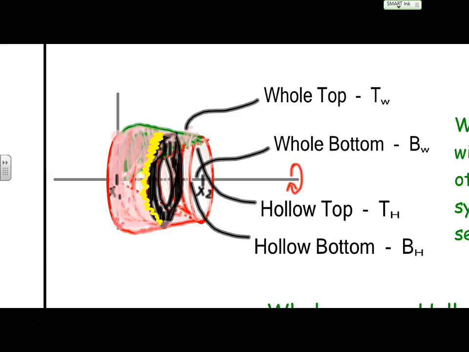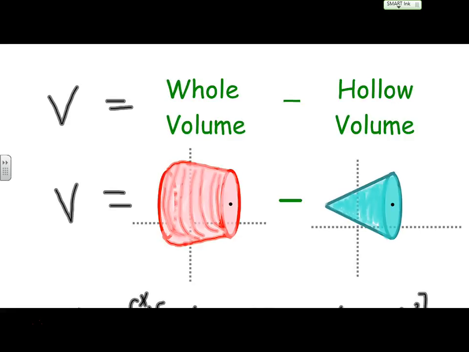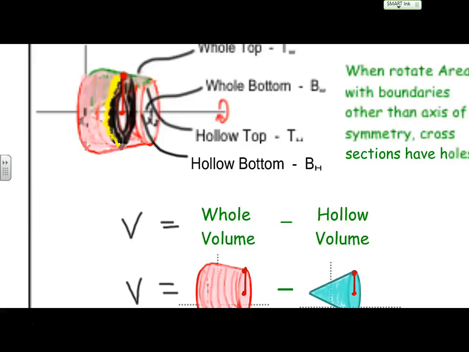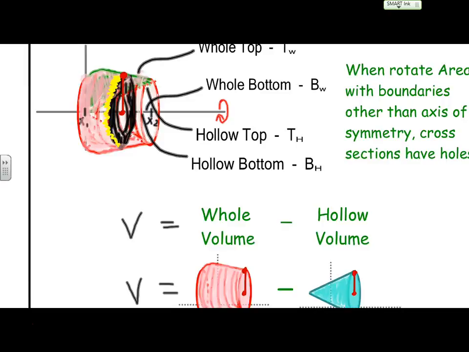So here's the dealio. What we've got to do is say, what is the radius of the whole thing, aka down below? What would be the radius for the bigger shape? And what would be the radius for the smaller or the hollow? There are 2 different radii that we have to work with. What's the radii for the whole thing? And what's the radius